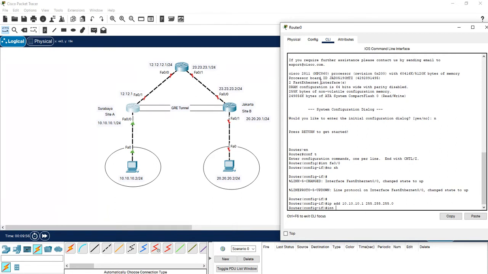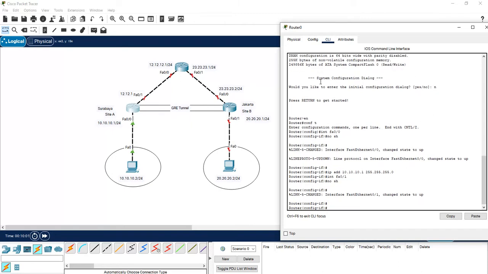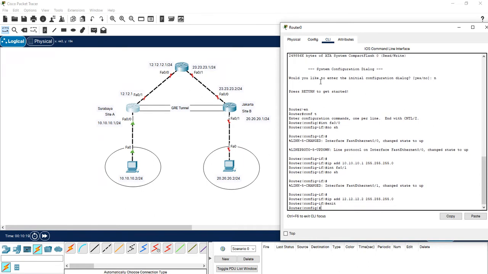Then we move to interface 0/1, no shutdown, then we set the IP address 12.12.12.1, and the subnet mask is 255.255.255.0. We exit.